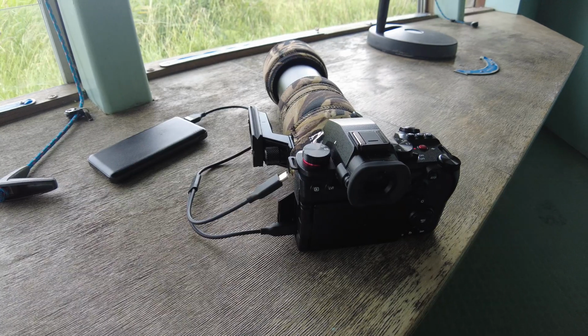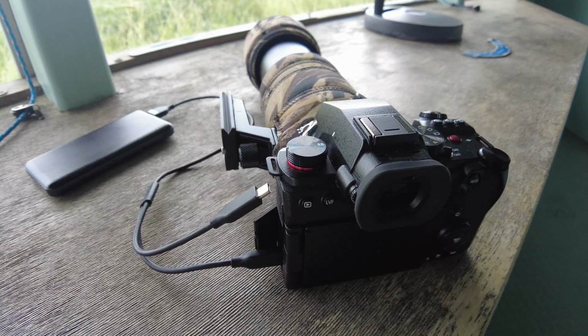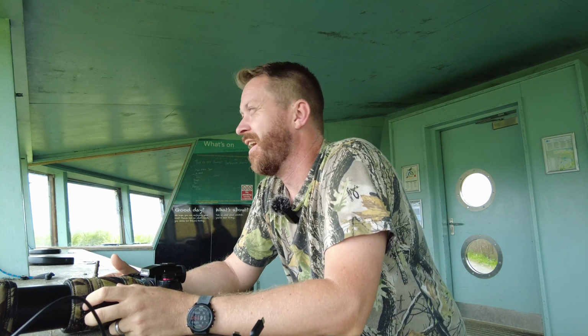Well, the only problem I have now is battery life. Mirrorless cameras, including this one, don't do too well at that. So I'm currently charging it off of a power bank. Now if it was my own camera, I'd have spare batteries, but I've only got one. So yeah, needs must. So I've moved to the other side of the hide, and what I'm waiting for now is